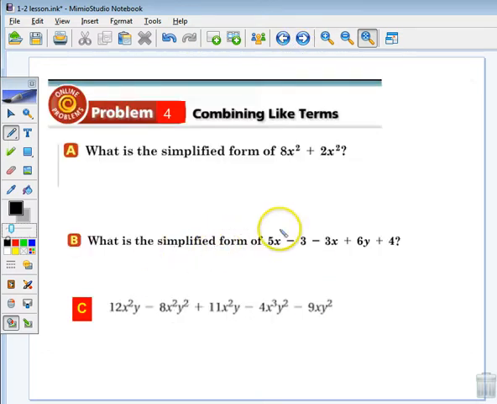So let's go ahead and do some examples of combining like terms. Remember, the word combine means to add. Okay, so here we have 8x squared plus 2x squared. Since x squared is the exact same thing, we can actually commute this, so it can be rewritten as 8 plus 2